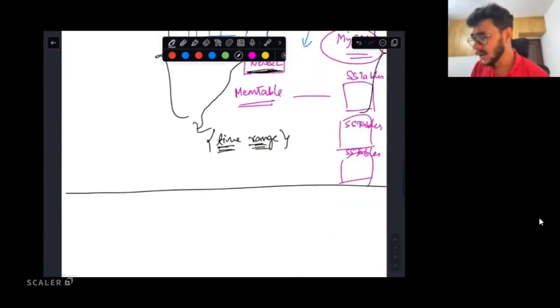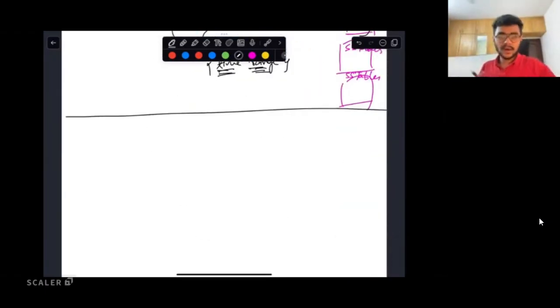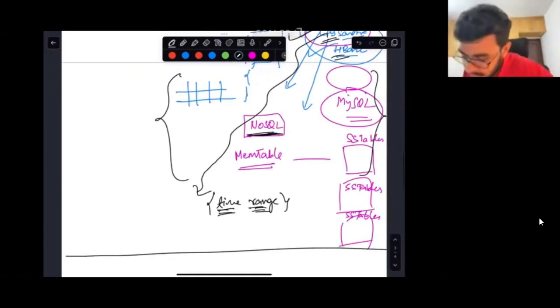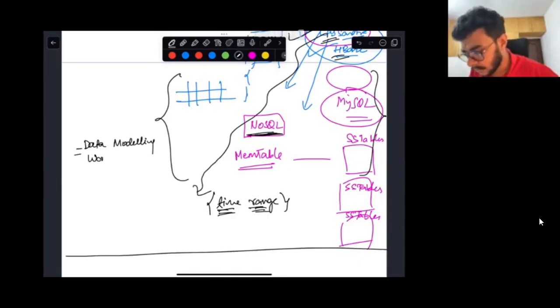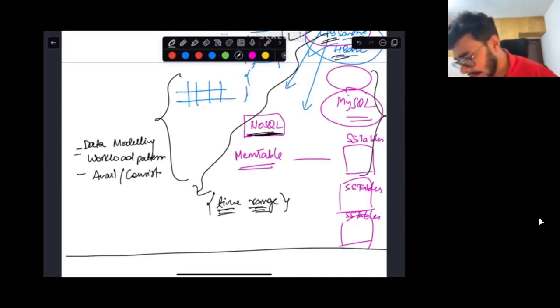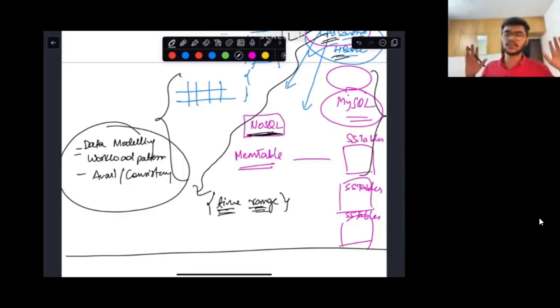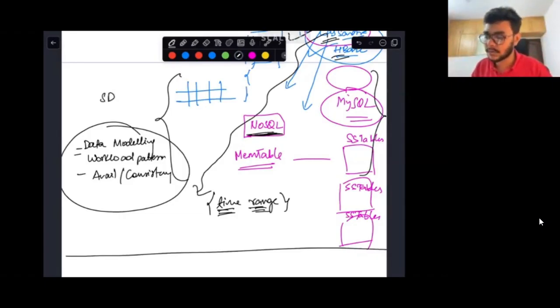Awesome. So guys, this is what I wanted to cover from the last lecture with respect to the choice of database. When you want to decide a database, think about the data modeling, think about the workload pattern, think about the availability and consistency needs, and then eventually come down to one database that you want to choose. And by no means am I saying the database that you choose will be the ideal database. There is nothing called an ideal, at least in system design modules or in HLD.